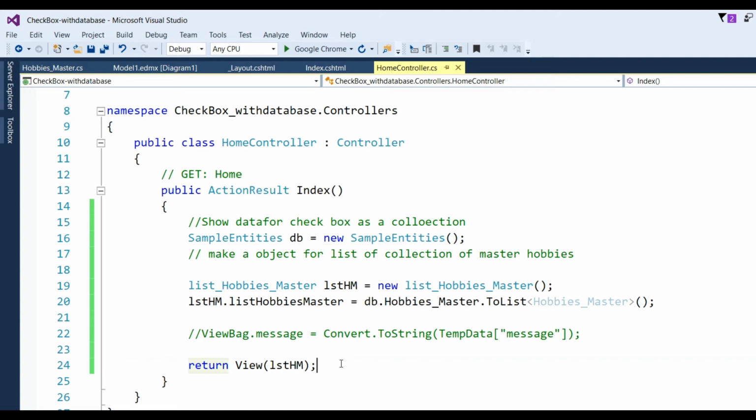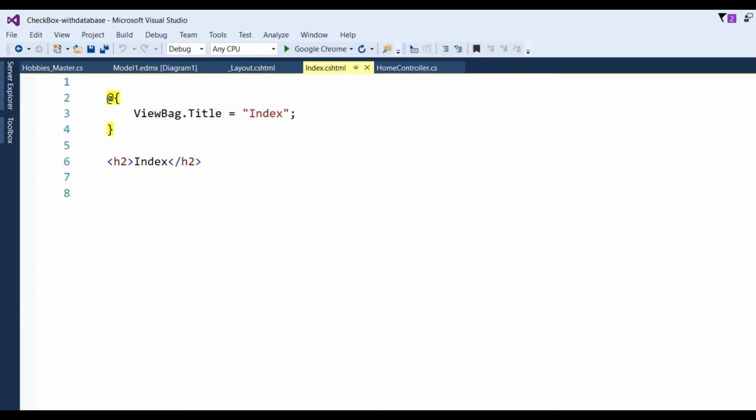Now your home controller will be okay with Index and will show the data, but I also have to write the HTML code in the Index method. So go here and put the HTML code. I have already written it, so copy and paste it.